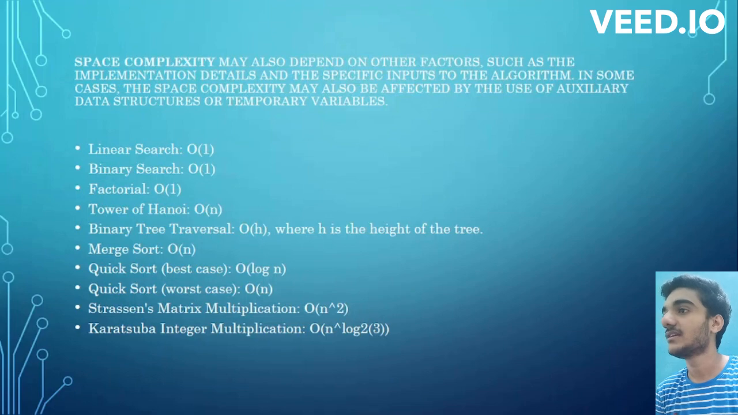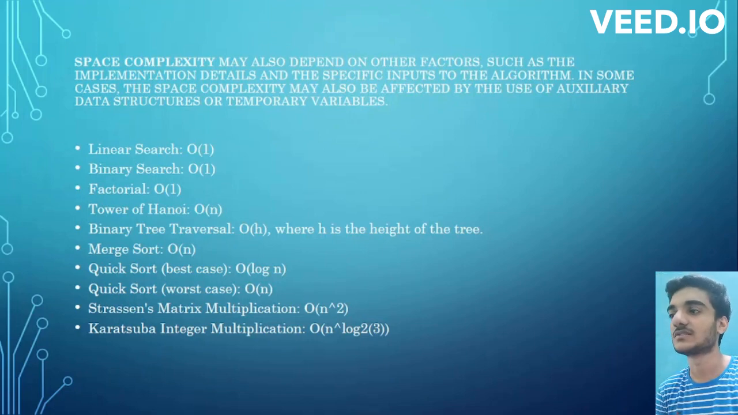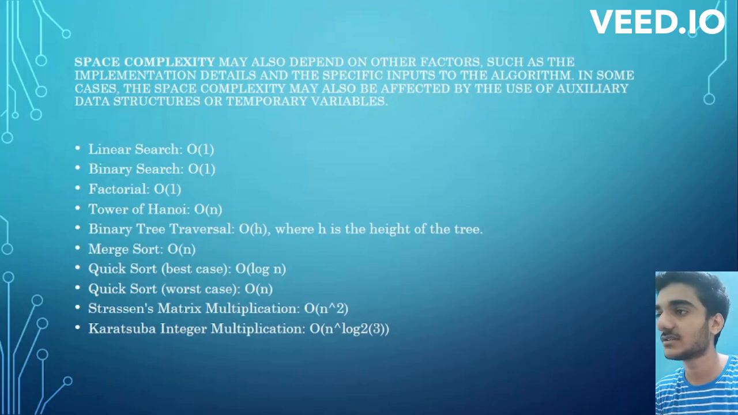What is space complexity? Space complexity may also depend on other factors such as their implementation details and their specific inputs to the algorithm. In some cases, the space complexity may also be affected by the use of auxiliary data structures or temporary variables. Space complexity of linear search is constant, binary search constant, factorial constant, tower of Hanoi big